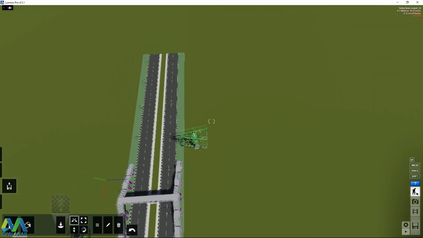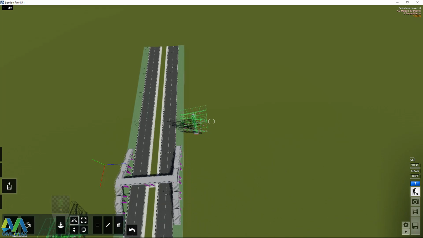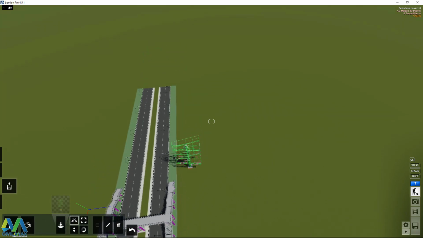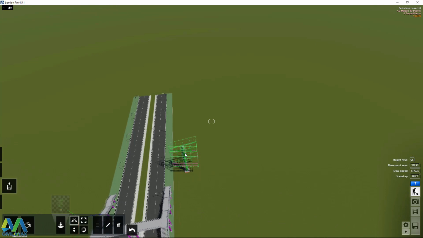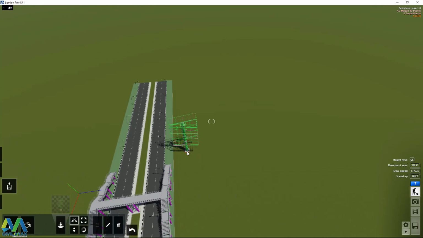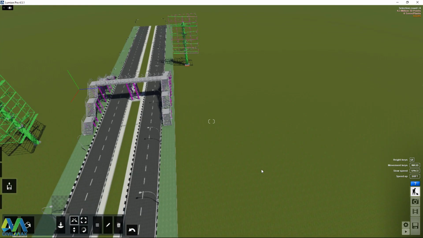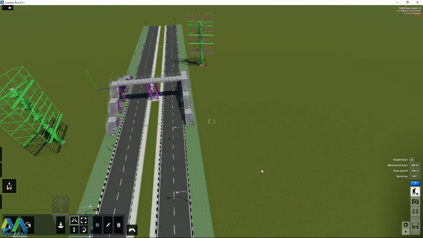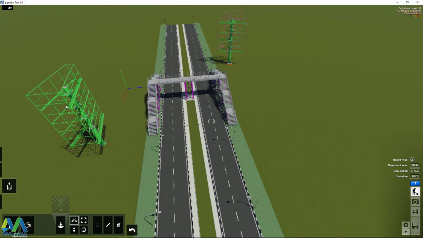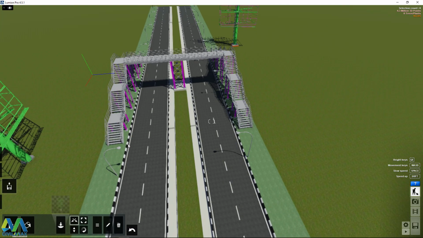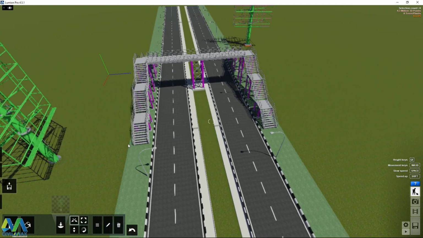I'll turn that round and bring it up. Then the other side, it's now becoming a little bit heavy because of the graphics required to make this